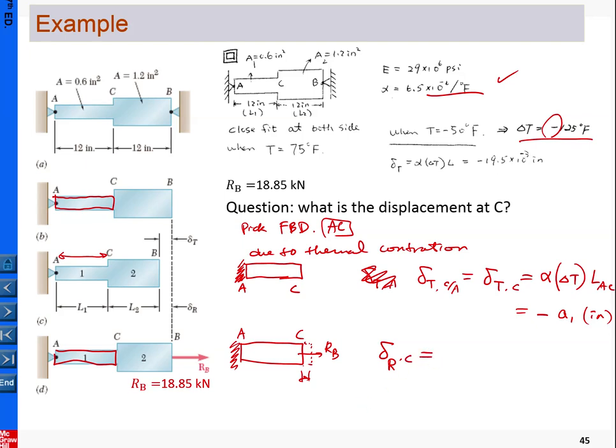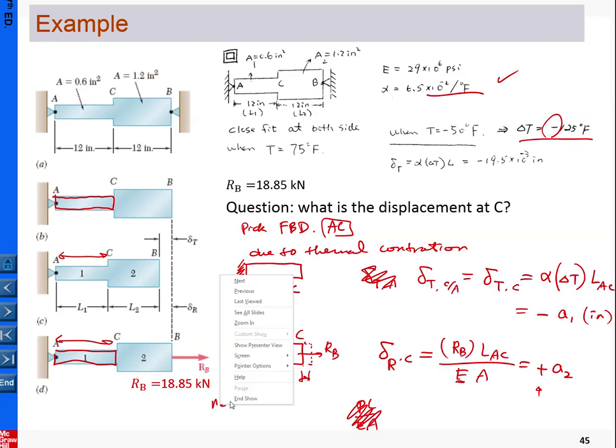So that is equal to, again using this notation, PL over EA, and the force is RB. And L, what is L? Again, that is the LAC, 12 inches, and EA, we can pick up the EA about that one. So this one, you can see this is rightward, so let me call that number, say, A2, and that is positive. So in this way, the net